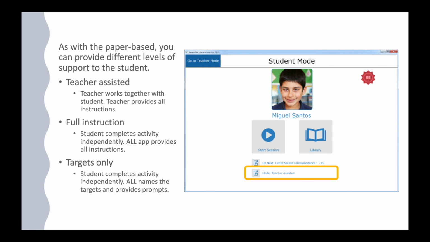Still looking at the bottom of the page, you will also see the mode you're in. This is separate from the teacher-student mode. What is referred to here is the level of assistance provided during the teaching. So just like for paper-based, you have 3 levels or modes. The first one, involving the most assistance, is called teacher-assisted. Here the teacher or support staff goes through the tasks together with the student, and the staff provide all instruction